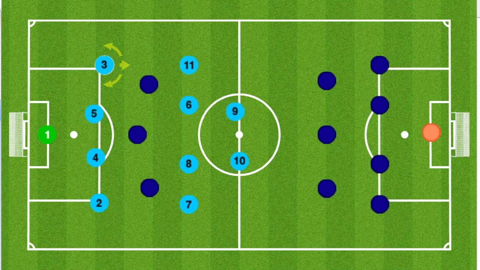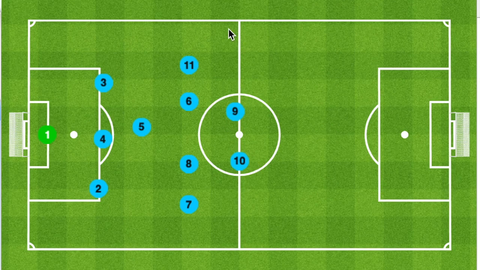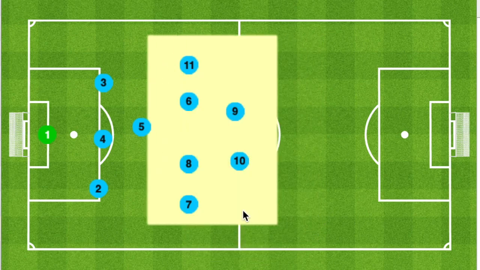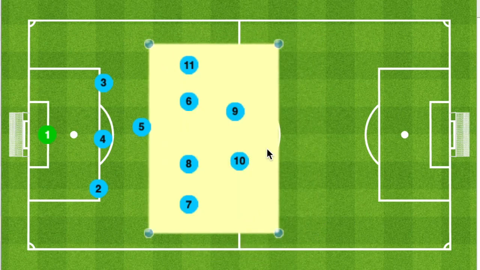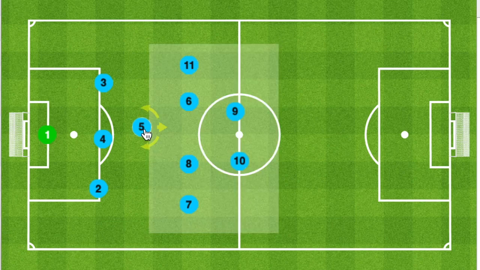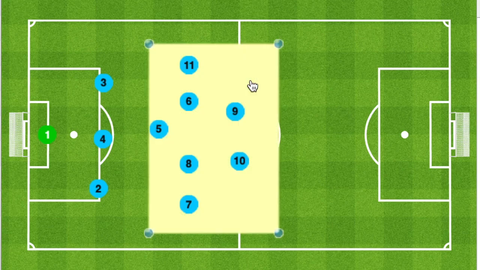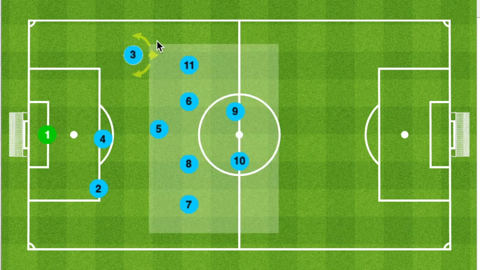So going back to no opponents here, one of the weaknesses, and actually also a strength, is that you have so many players committed forward, right? So just by looking at this particular situation here, we have 6 players committed forward, and if we move the number 5 a little bit higher up, then we have essentially 7 players on the attack, with the option of having the number 2 and the number 3 going up higher,